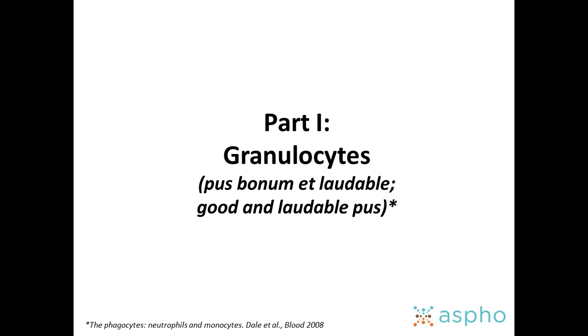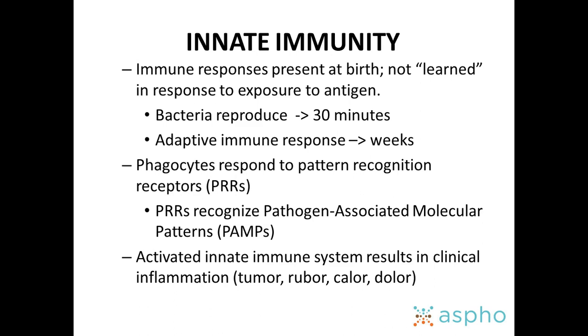I came across this quote. This article by Dale is actually a really good one on the history of granulocytes and why we think they are what they are. Galen, around 100 or 200 AD, came up with this concept of good and laudable pus, because of the observation that when gladiators had wounds, they seemed to heal much better if they had lots of pus. That led to a practice that actually lasted through the Civil War: when someone had a wound, you'd get a rag filled with grease and prep the wound to make sure that any wound that didn't have a ton of pus would develop some. Luckily we've abandoned that practice, but there are some interesting nuggets in granulocyte history.